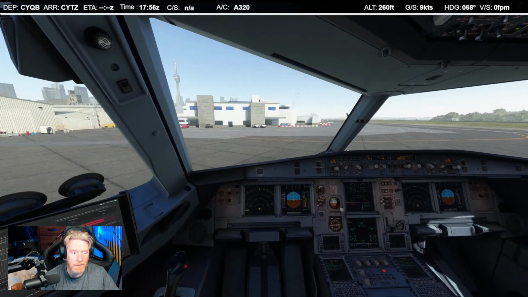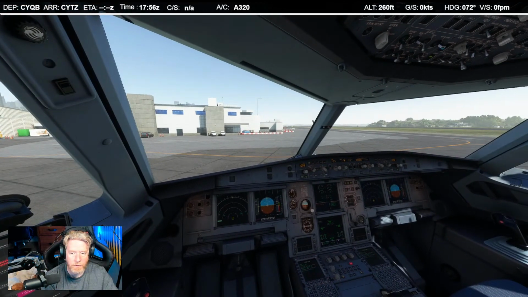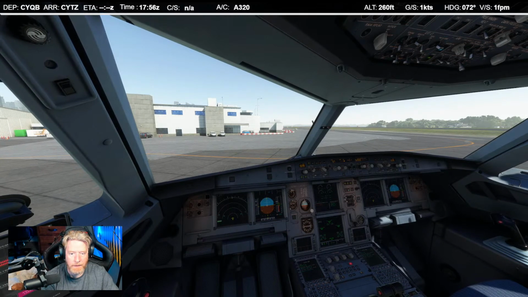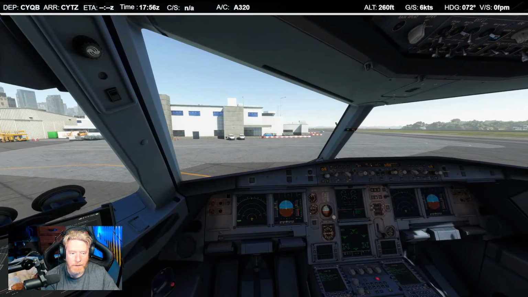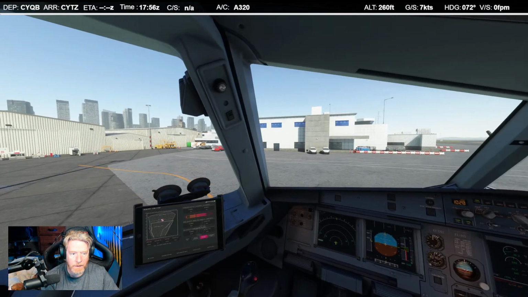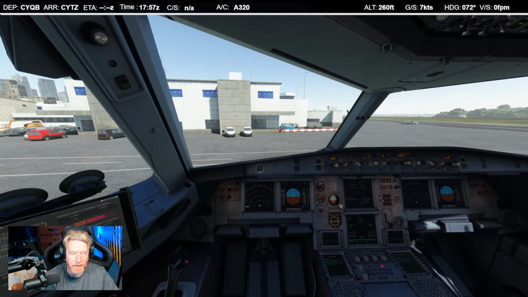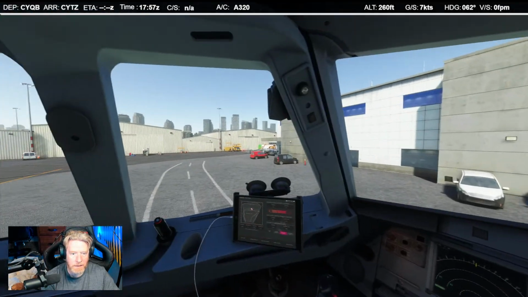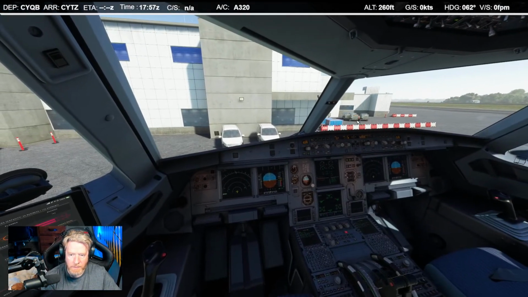Okay, I don't like... Is that a parking space there? No, that's the fuel. Let's just move forward a little bit. There we go. Very immersive. You feel, in a weird kind of way, like you're somewhere else when you land here. Okay, brakes on. I'm not going to switch off the engines because